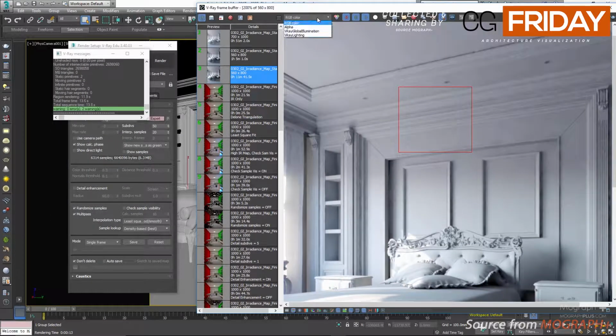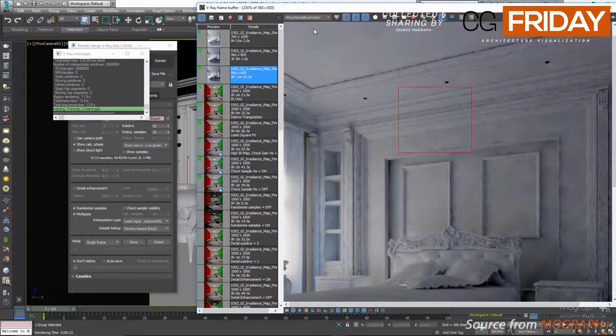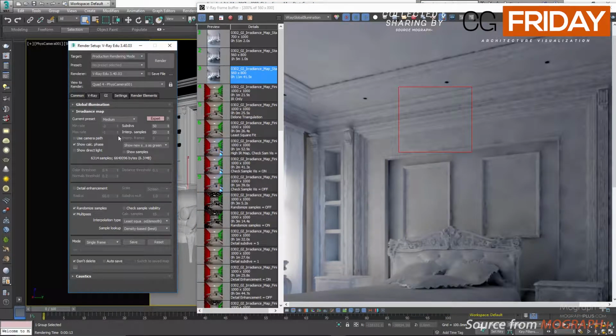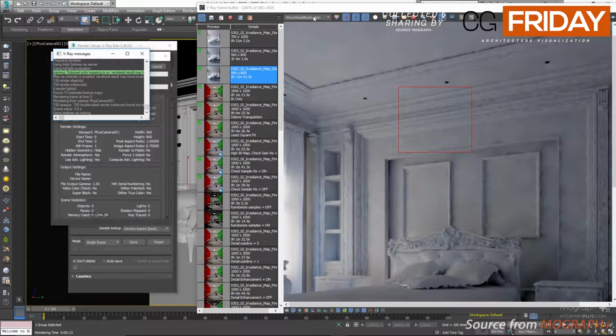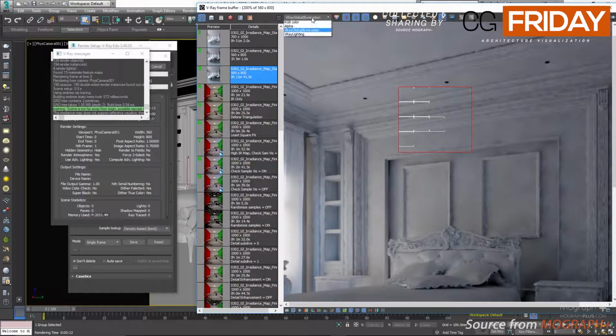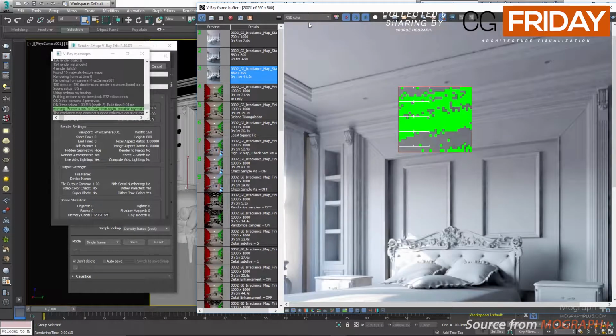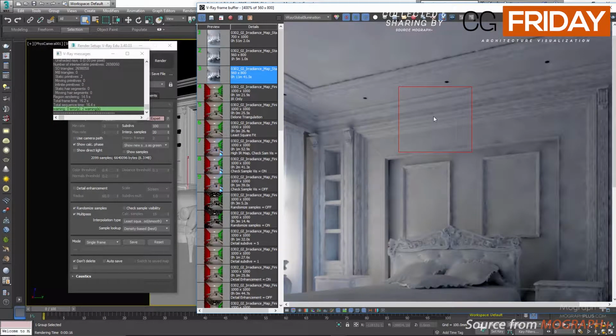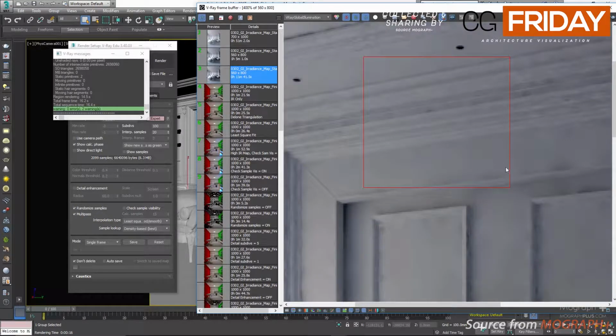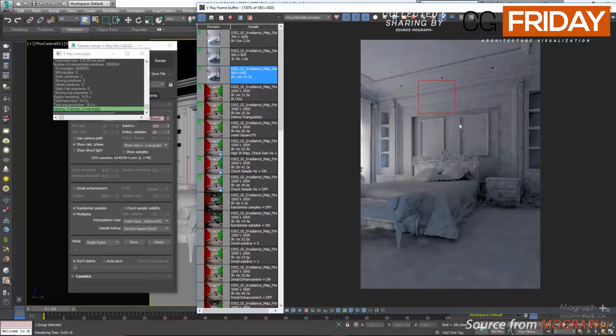As you can see, it hasn't quite improved anything really. Now let's change the preset back to medium and increase the quality of our samples by increasing the subdivs to 100 and render the scene. As you can see, the quality has improved, especially in the flatter areas, but we still get those splotches and